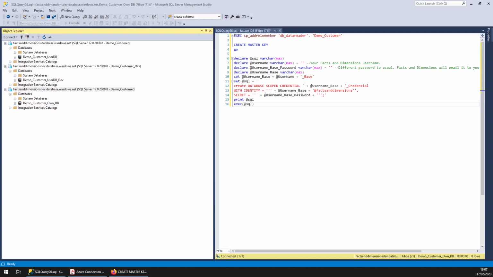This is a two-part video, and this is the second part, all about adding the external tables that you're able to see in the Azure DB that we provision for you, but having those external tables in your own database on your own Azure server. The reason being that if you're using Azure, you'll have your own data in your own databases, like outpatients, inpatients data, or whatever it is you're doing. It's really handy to have the external tables in that database so you can use them in your joins when